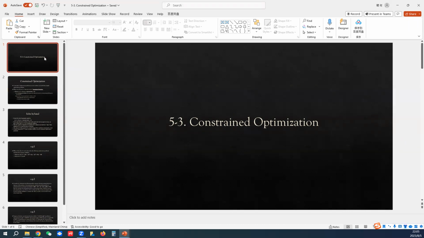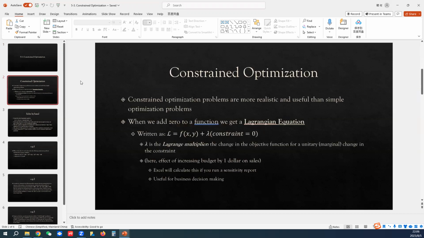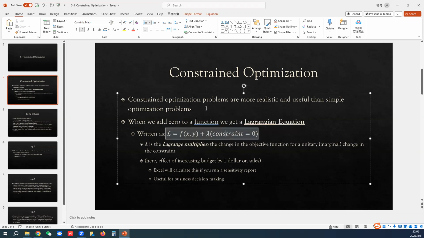So here, another extension of application of calculus is to figure out constrained optimization. So how do we add a constraint to it? Say we have an objective function that is f of x and y, okay, and we have a constraint, then how do we optimize our function under the constraint? This is what we do. This is referred to as Lagrangian